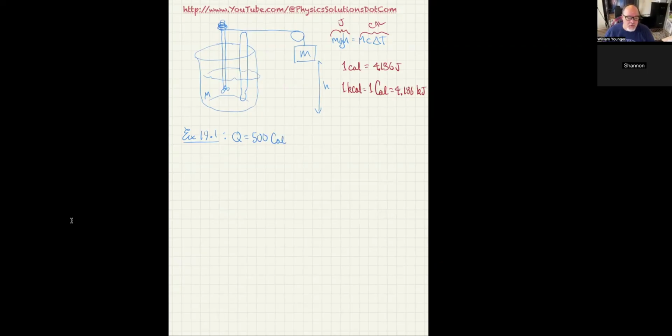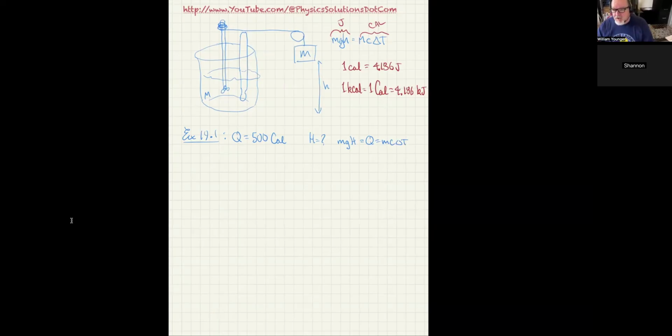Okay, so suppose you throw caution to the wind and eat 500 calories of ice cream and cake. To compensate, you want to do an equivalent amount of work climbing stairs or a mountain. How much total height must you climb? So height is equal to question mark, and we're going on the assumption that your mass times g times h is going to be equal to Q, which is m times c times delta T.